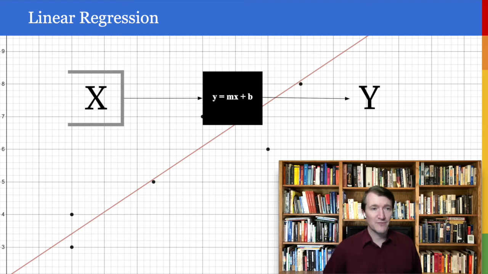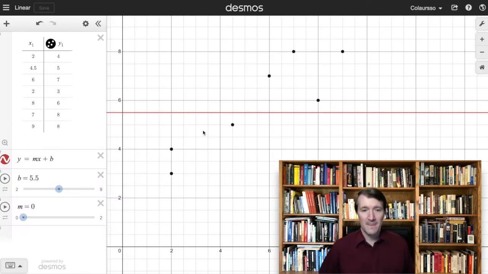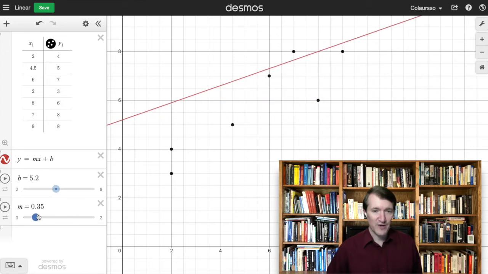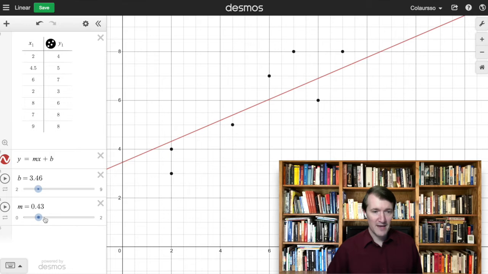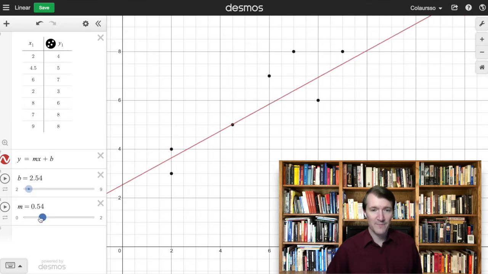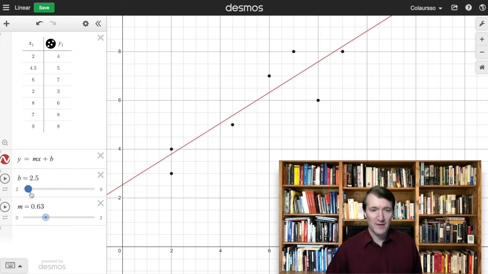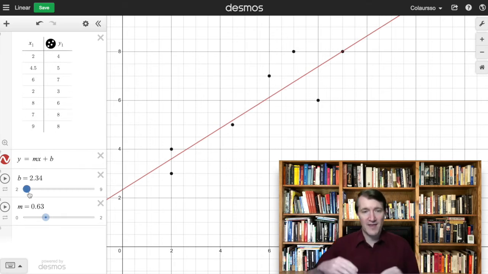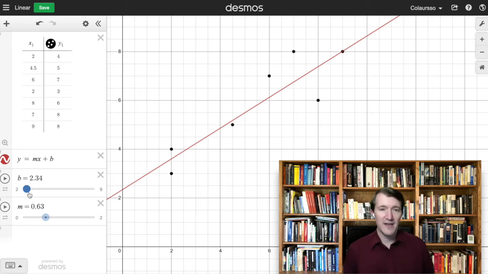So let's just really quickly remind ourselves of how that works. If I have here a scatter plot, so I have a bunch of dots, what I can do is change the equation of the line. I can change the coefficients here in the equation of the line. Here I'm changing the slope, and here I can change the intercept. And basically what I'm doing, if I'm doing a linear regression, is I'm trying to get a best fit line. So a line that goes through that scatter plot in such a way that I minimize the error